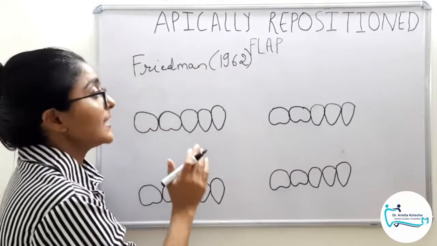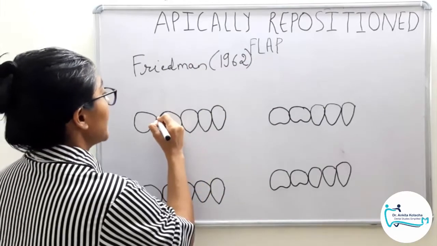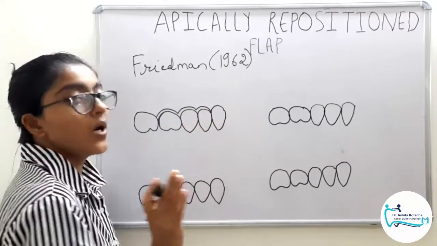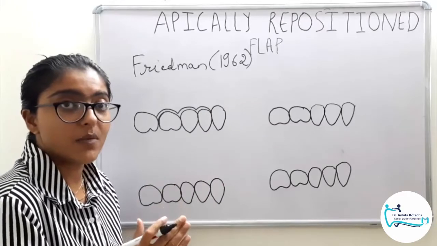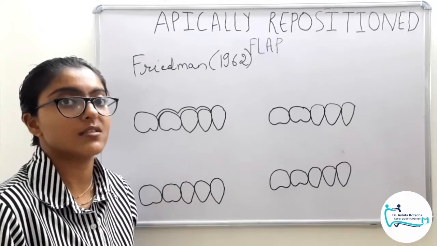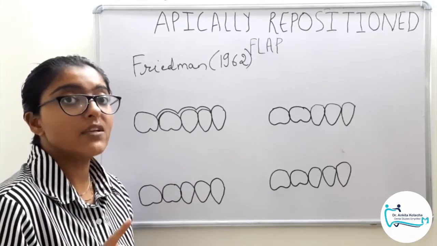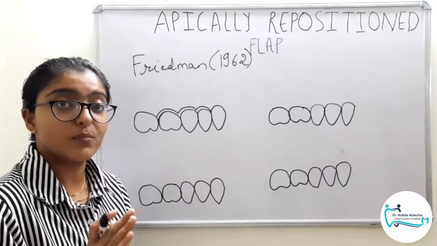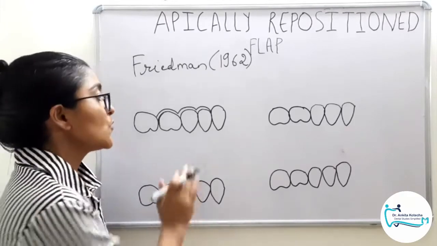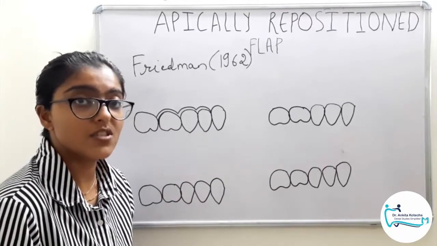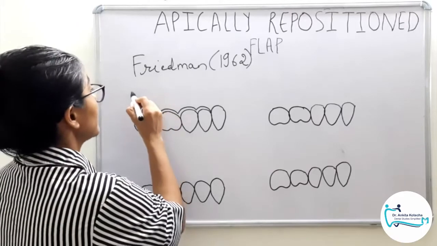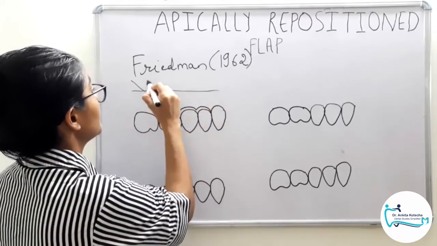So this technique begins with the incisions, that is mainly an internal bevel incision which is submarginal. Now how far from the crest of the gingival margin depends on the factors as already discussed in my video on horizontal incisions. The three factors: transgingival interdental probing depth, position of the mucogingival junction, and on the palatal aspects, the palatal anatomy. So here we have to consider transgingival interdental probing depth and position of the mucogingival junction. So let's say mucogingival junction is here.